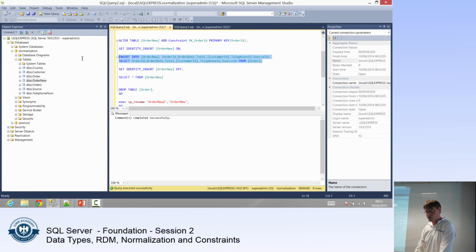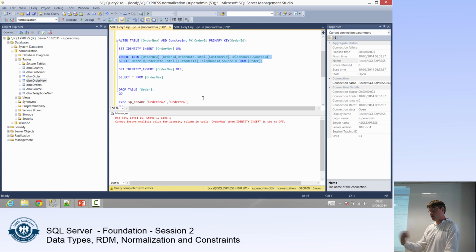If I try to do that, it actually tells me that I can't do it because our order ID is an auto increment identity. So I can't just insert any data that I want in it, because that field's supposed to be incremented by itself. But in SQL Server, I can say, you know what, turn that functionality off, I'm going to be providing the data to you. And you do that with set identity insert on that table as on,